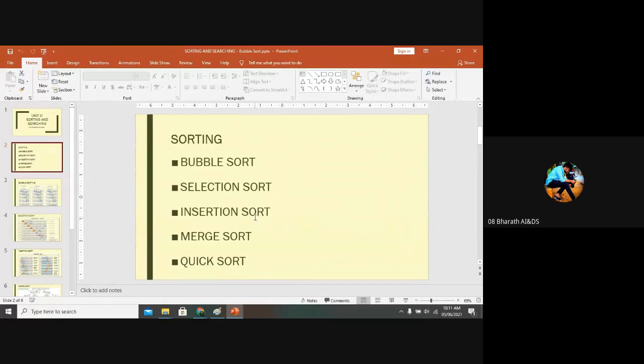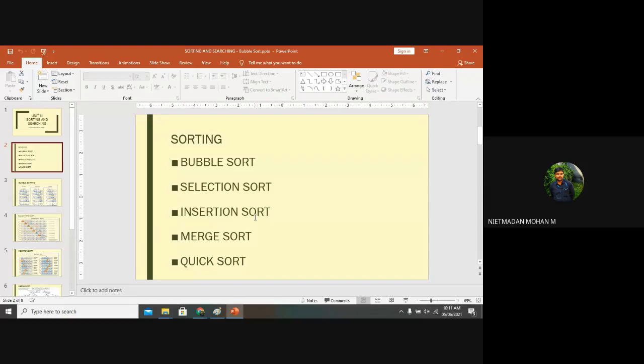We have studied selection, insertion and merge sort; the remaining are bubble sort and quick sort. Have you studied them in your lab exercise? I hope so. The code has not been explained to you; you have just written the code in a lab exercise. Apart from that, for selection, insertion and merge, the code has been explained, and once again I am going to explain it in this third unit also.